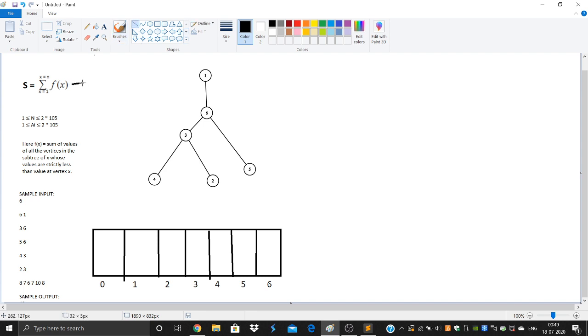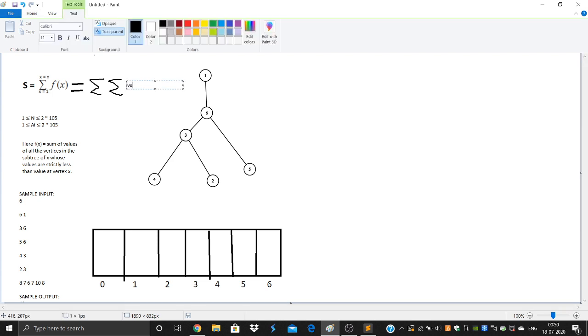denoting it as a double summation of basically the value array that we have, 8 7 6 7 10 8 in the sample.